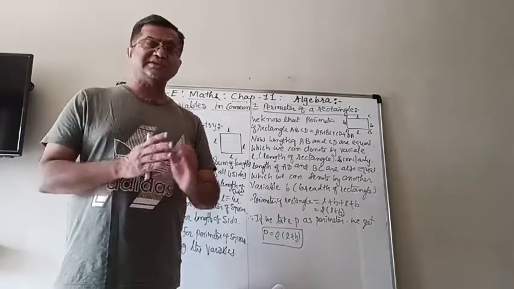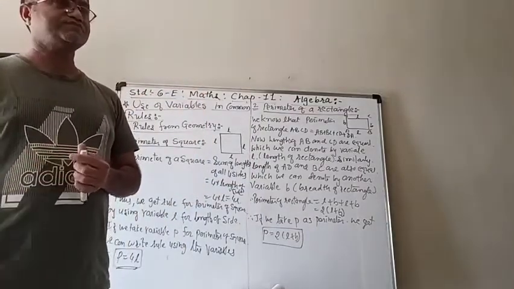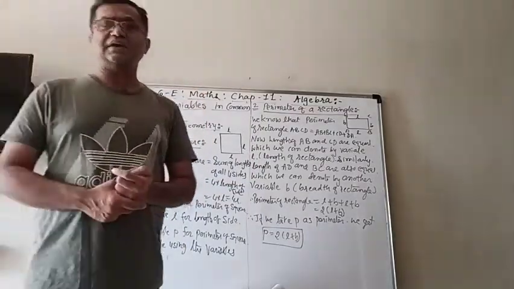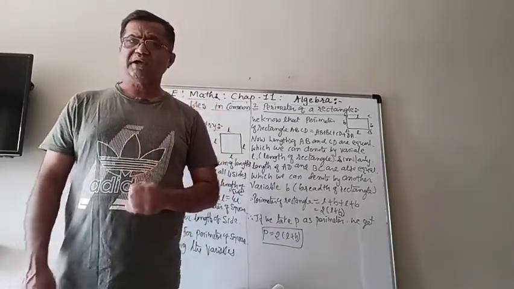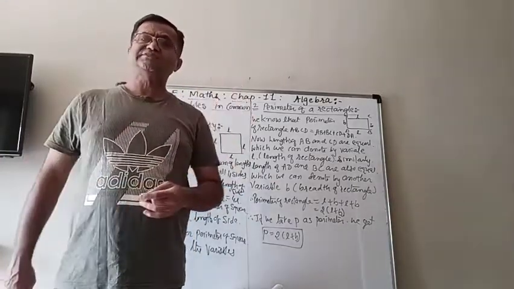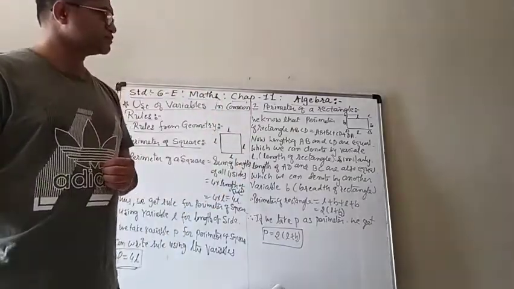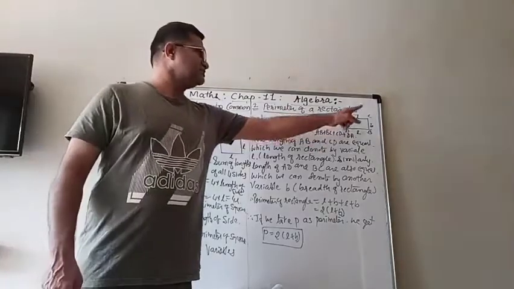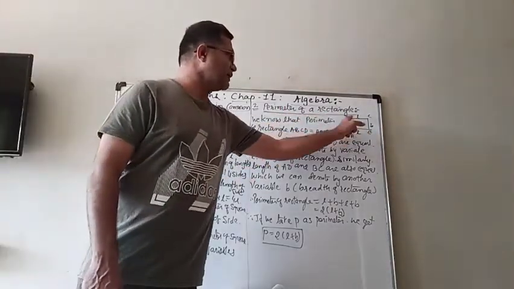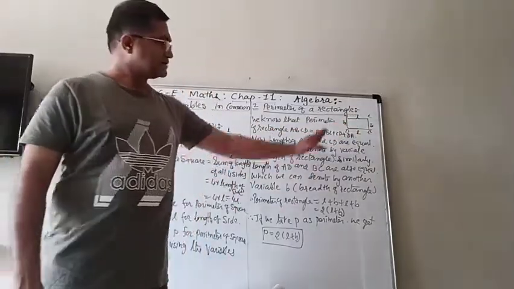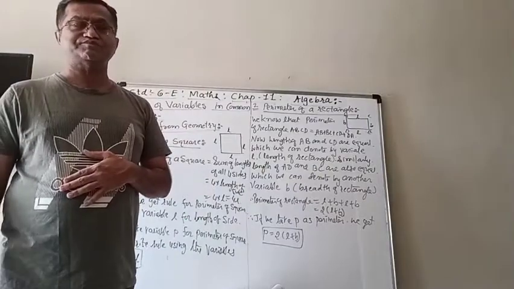Similarly, let us understand for the rectangle also. You know that a rectangle also has 4 sides, and the 2 pairs of opposite sides are of the same length. Here ABCD is a rectangle in which the lengths of AB and CD are equal. Similarly, the lengths of AD and BC are also equal.